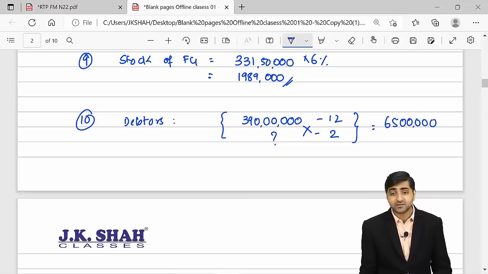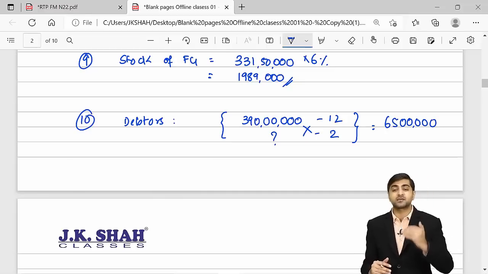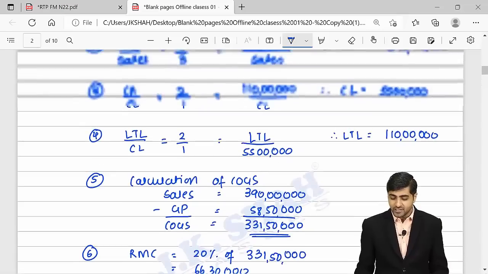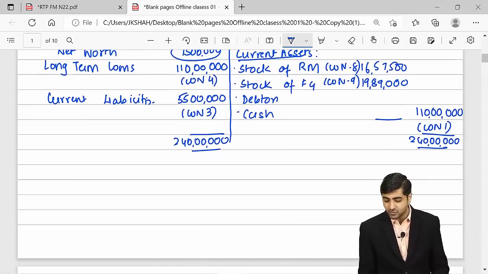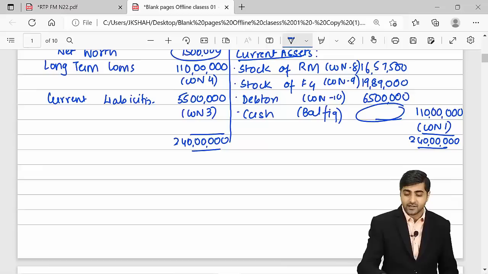So guys, there is no need to even remember the formula for your debt collection period, which is closing debtors upon credit sales. We can just do this by way of logic, and your debtors will be 65 lakhs, which I can substitute here, which comes from your working note number 10. So eventually guys, your cash bank will be your balancing figure, and which will be 1,10,00,000, from which we'll subtract